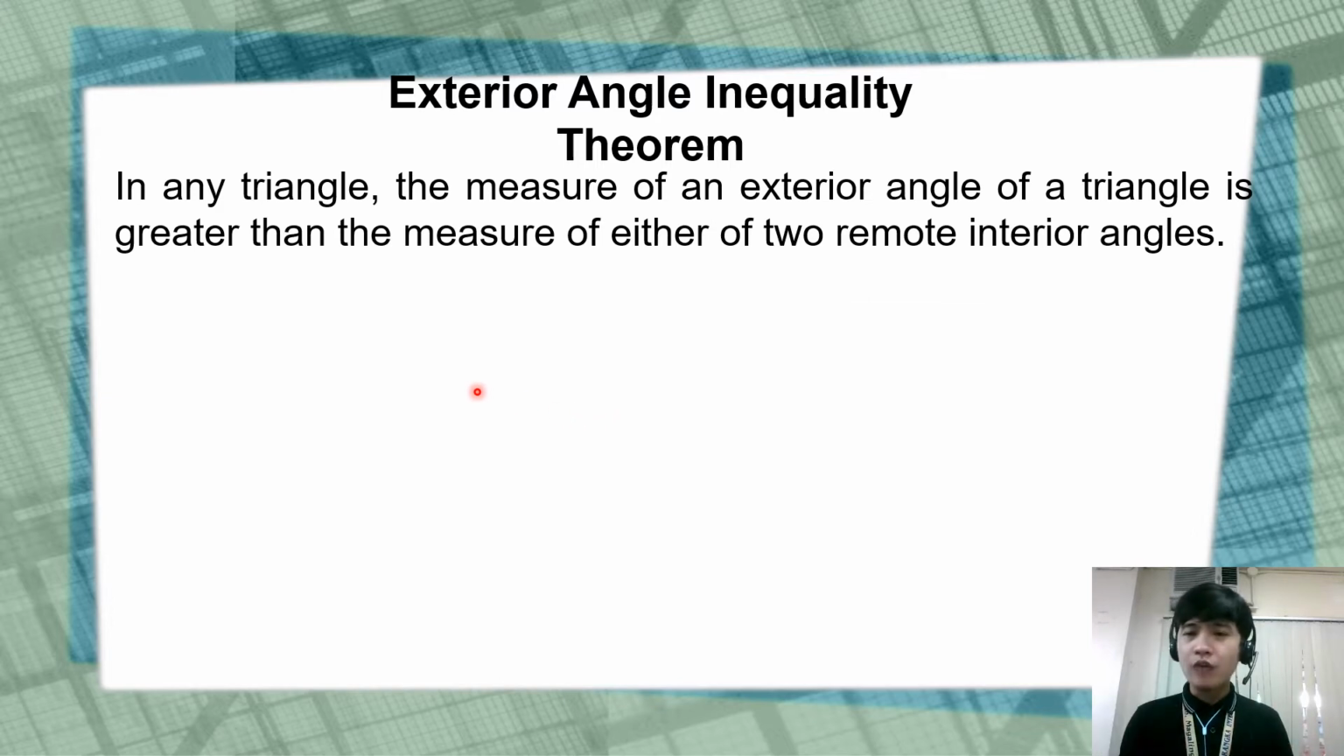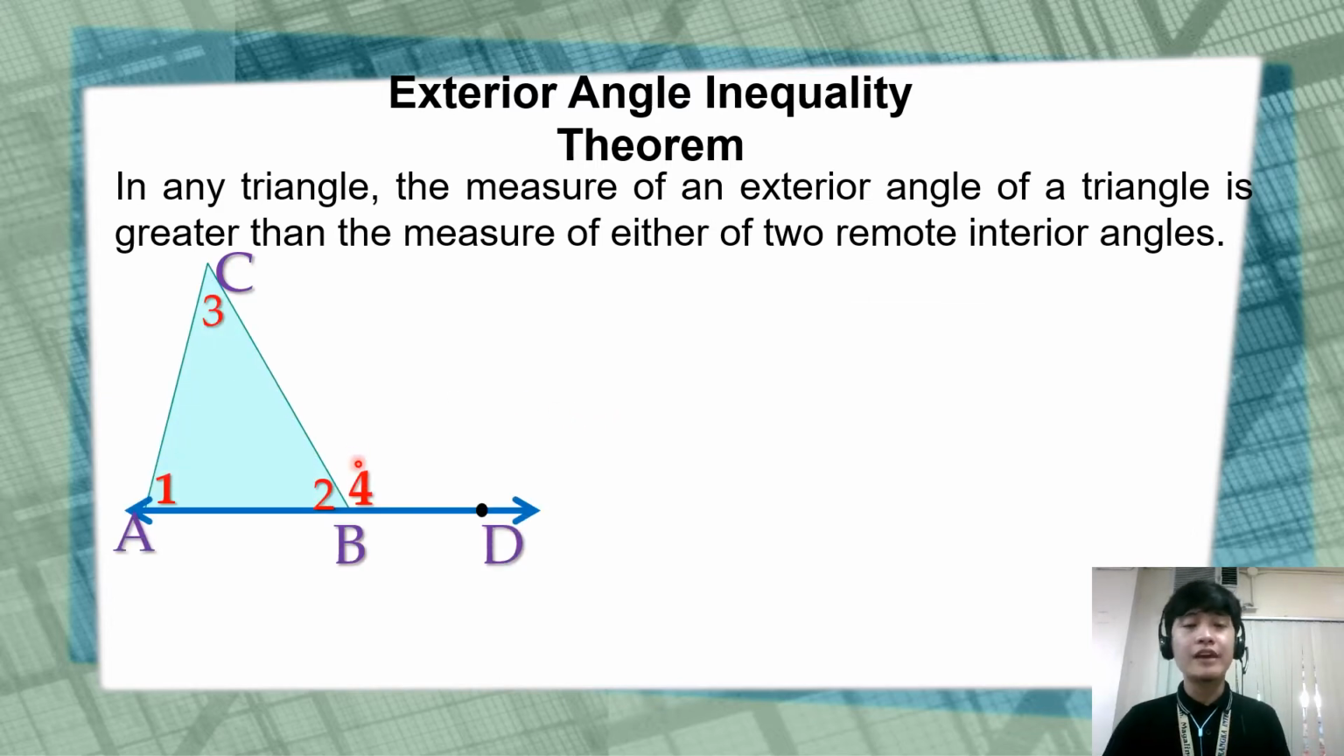So let's try to go back to our illustration a while ago. So we have triangle ACB. We have triangle ACB. And in this case, our given exterior angle is angle 4. So nasa loob niyang triangle ito yung mga, of course, yung mga interior angles. Okay? So, if we are going to relate the exterior angle theorem here, we all know that the measurement of an exterior angle is always equal to the sum of its two